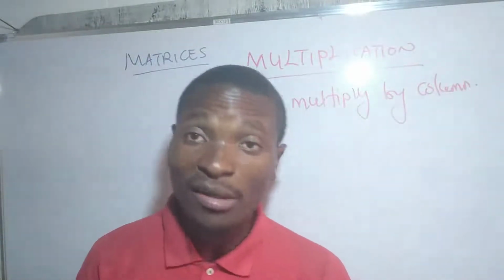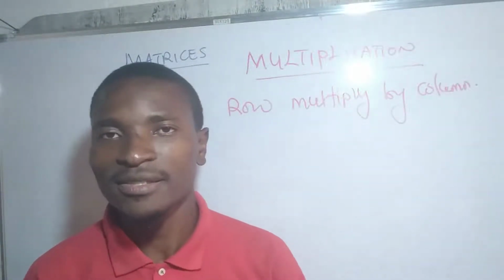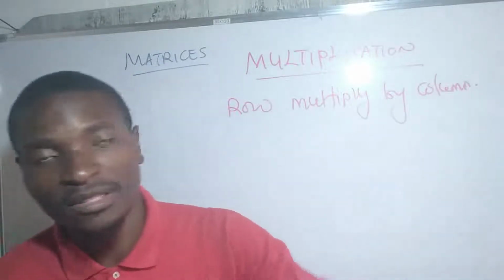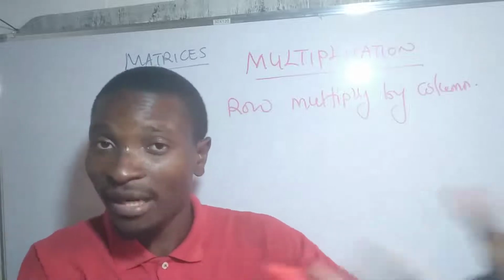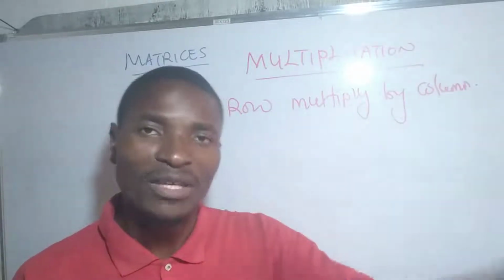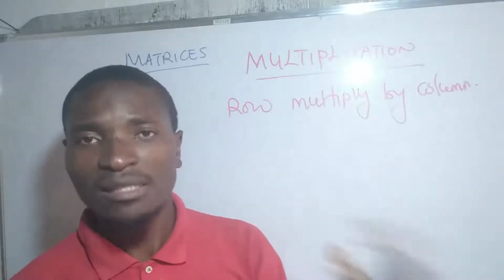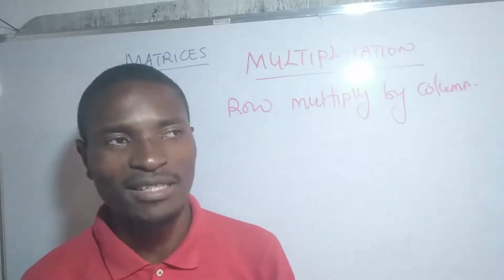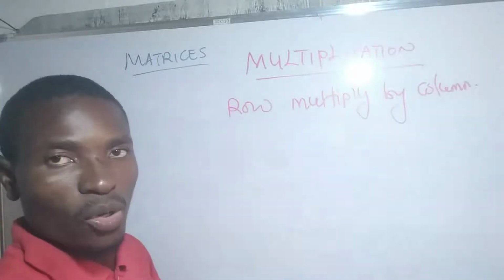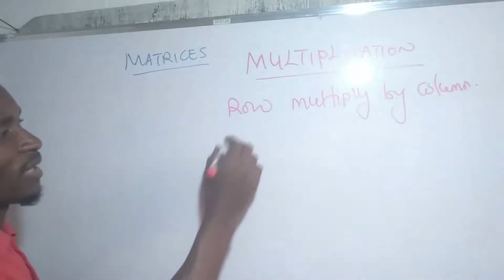So the only way we multiply matrices is to take a row in the first matrix and multiply its elements with the elements in a column of the other matrix. So the idea of multiplication of matrices is that we multiply row by column. So, for example,